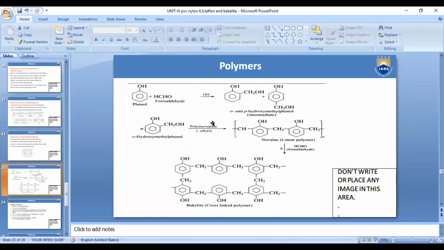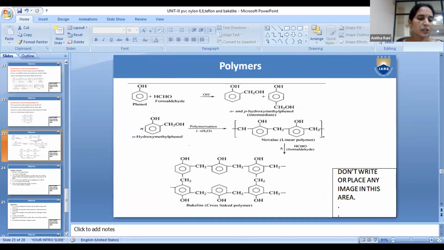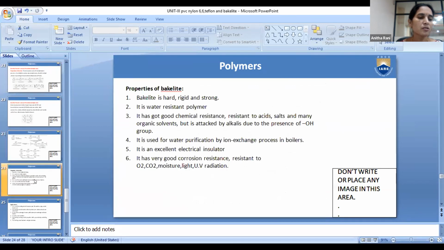Okay. So students, you have to learn all these preparation of bakelite steps. Step 1 is preparation of ortho and para hydroxymethylol phenol. Step 2 is preparation of novolac. Step 3 is what we are getting, bakelite, that is the cross-linked structure. So this you have to learn. I gave you notes also, I have sent notes, you can refer to them. If it is different in the handwritten notes, you take whatever notes I have given.